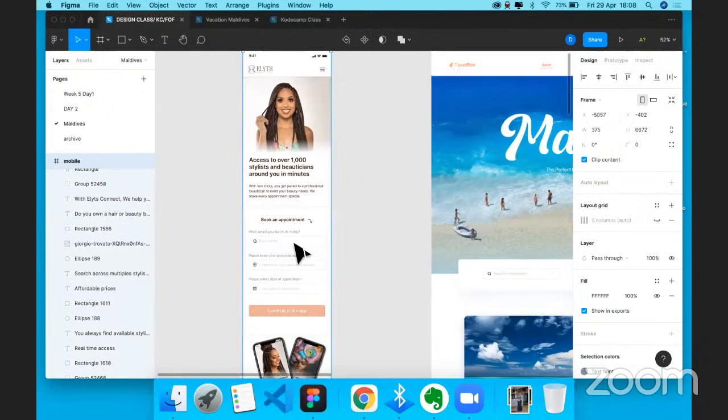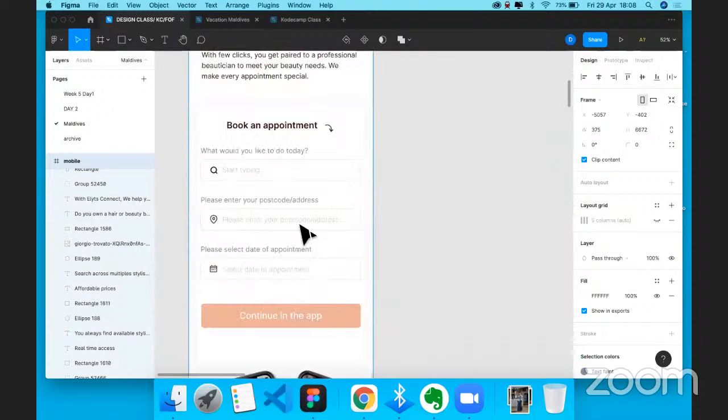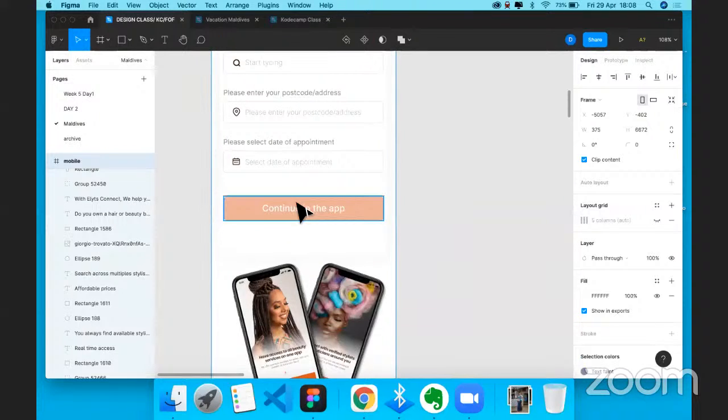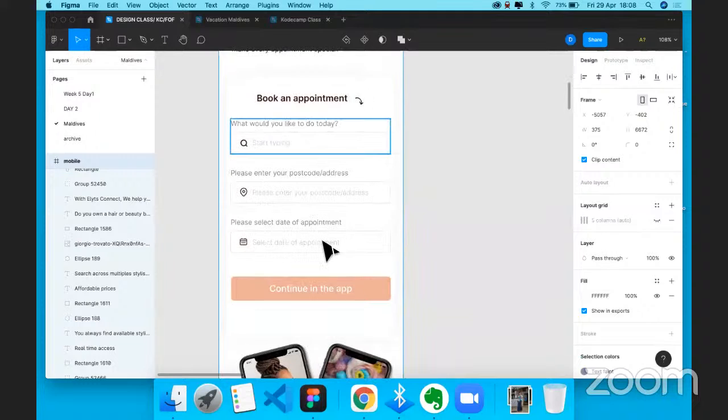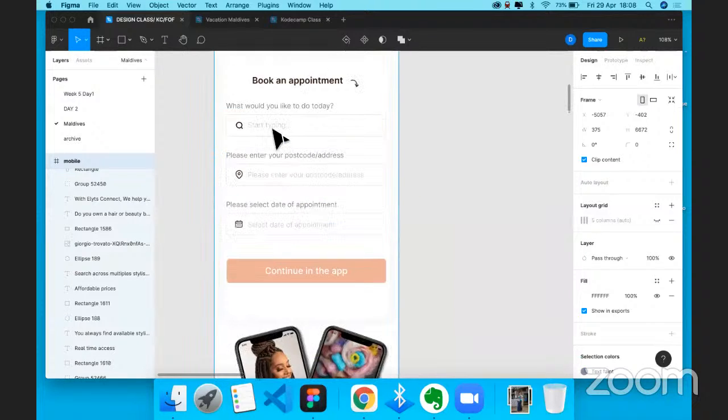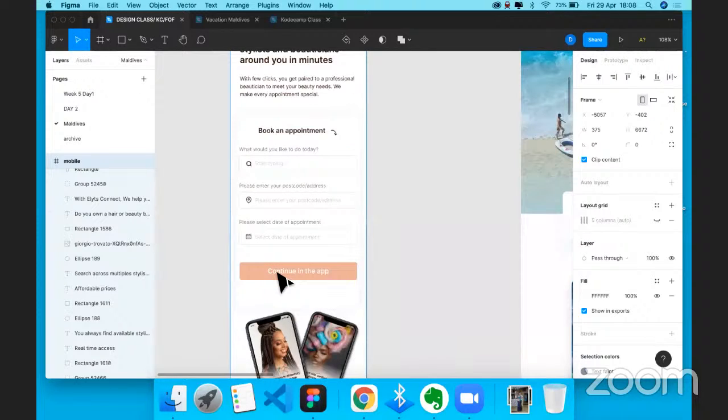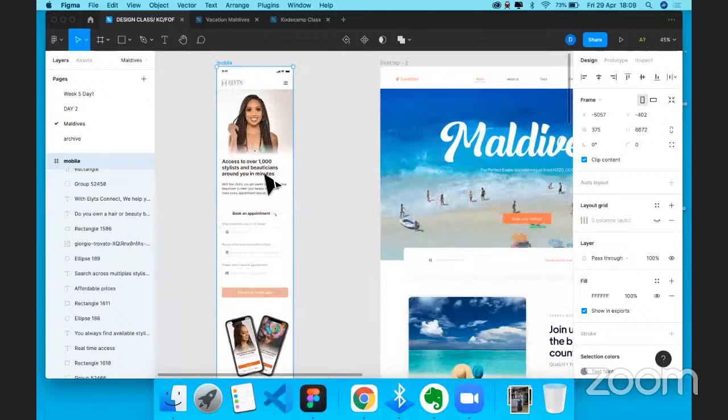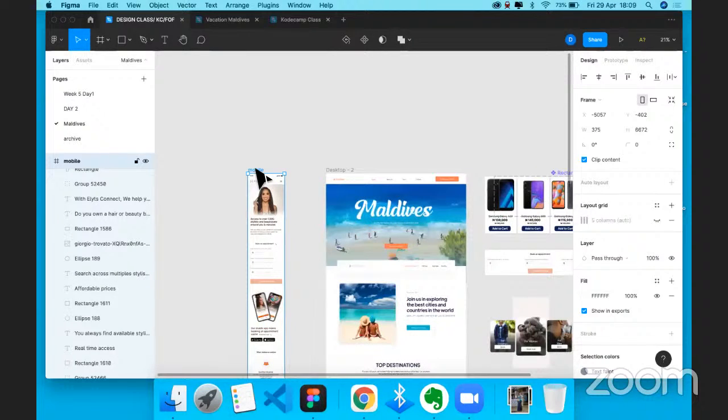Okay, so just like this image you can see here, this is a design for a mobile screen, right? So you can see that the button is sitting in comfortably. And this is an inactive state. So how I designed it is when users put in their details, then they can continue in the app. So if your details are not being put in, everything will look inactive. But once you put in your details, the button color will just change. Okay, so we'll just do something real quick on how to design for